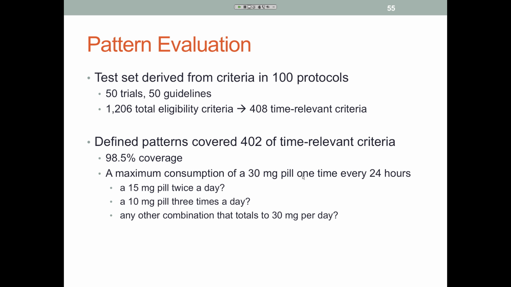We found that our defined patterns can cover 402 of the time relevant criteria. So this gave us 95% coverage, which is pretty promising. And there are some things that we can't cover, so we are trying to refine our ontology to cover them.